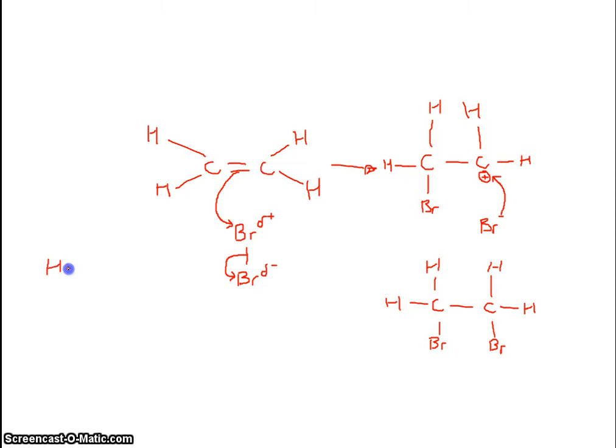You could be asked to do this with HCl or HBr, which is slightly different because obviously this is a polar bond all of the time, because the chlorine and bromine is more electronegative than the hydrogen. So this is the positive and this is the negative. Whereas when you have a symmetrical molecule like bromine or like chlorine, then it's the induced dipole that causes this process to happen. And this would obviously cause, again, a slightly different type of addition, because you're going to get a hydrogen on one point and chlorine on the other, which in this case, because it's ethene, only produces one isomer, but if it was, say,